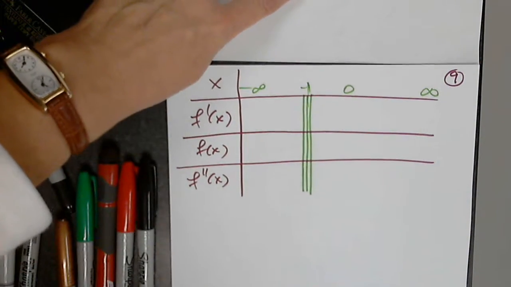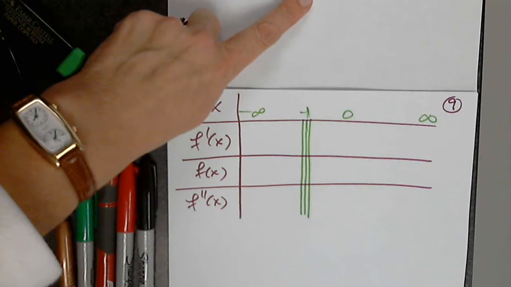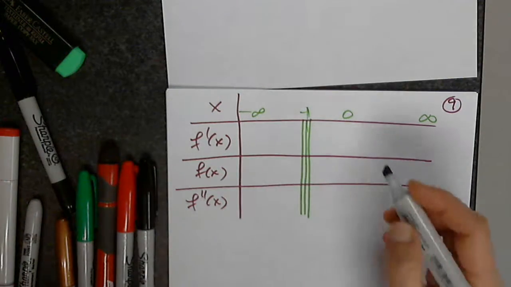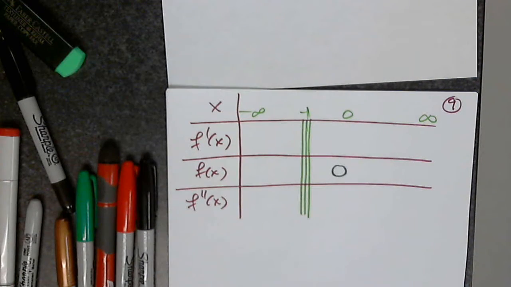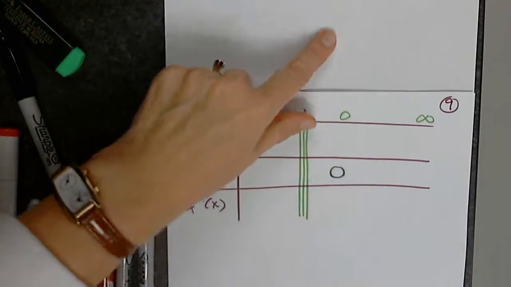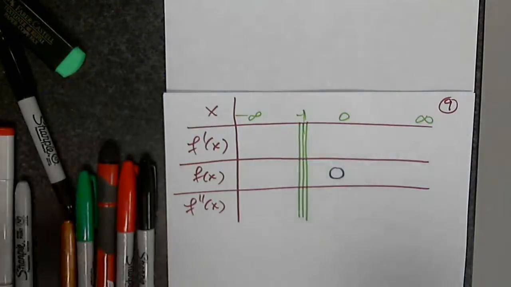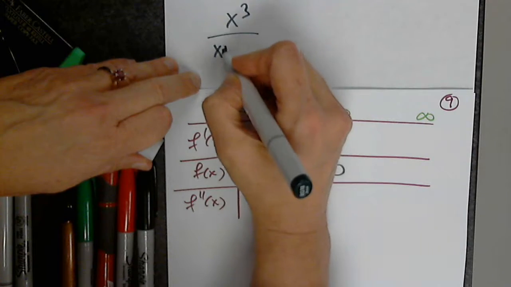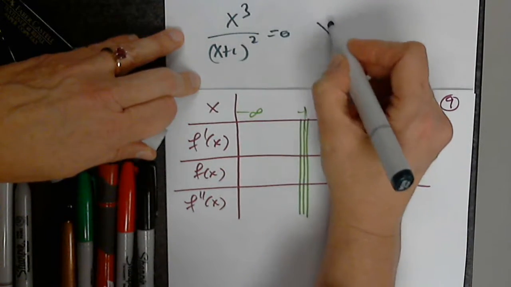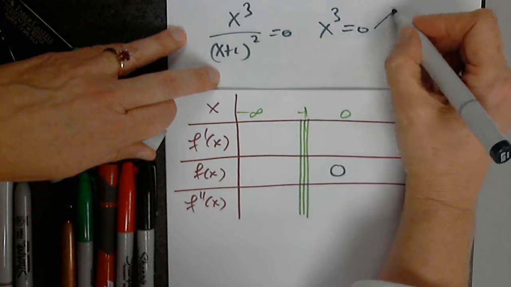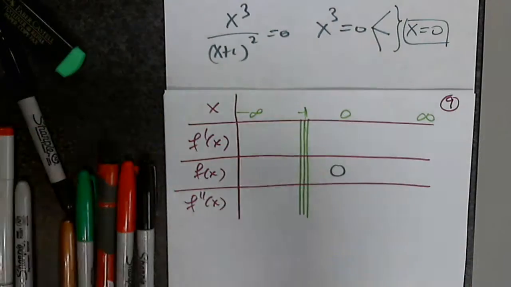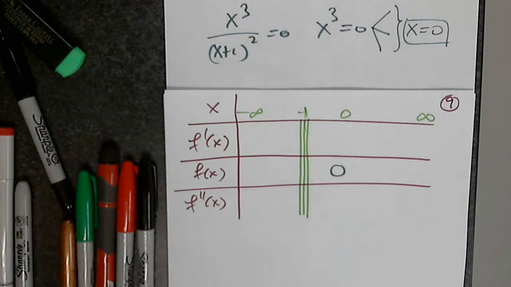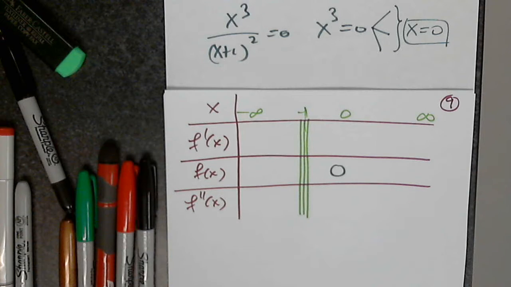Is this function ever 0? A ratio is 0 when the top is 0. Under which number? 0. How many solutions do we have when we solve the equation x to the third over (x plus 1) squared equals 0? I get that x to the third must be 0. So I have how many solutions? 3. What do I know from pre-calc? When a function has a solution that has a multiplicity 3,